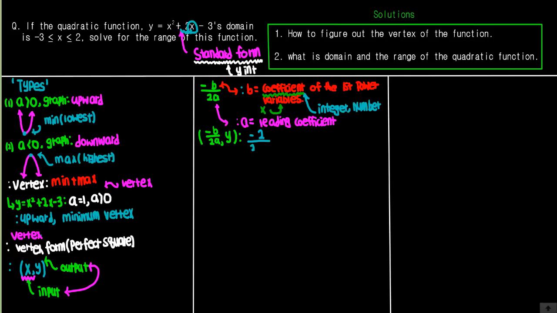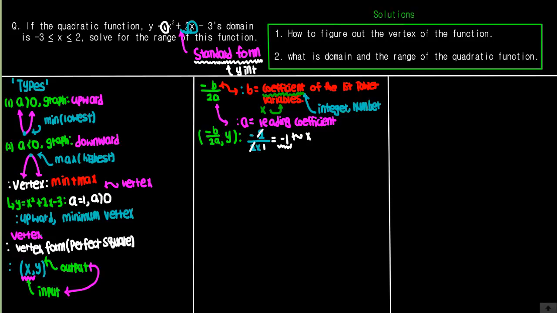And if you think about 2 times a, the a is the leading coefficient, which is just 1. So we can simplify our expression. 2 and 2 cancel out as 1, and we get negative 1. So this is going to be our x